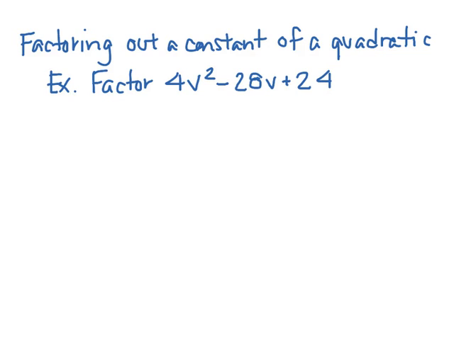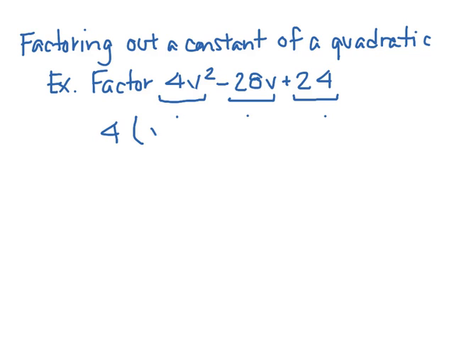So sometimes you can factor out a constant of a quadratic before you even begin the approach of either the double bubble or the AC method. So if we look at our quadratic, here we have how many terms? We've got 3 terms. So we've got this first term, second term, and third term. And if we look at each one of them, we notice that a 4 is a common factor among each of these, right? So if we factor out a 4,